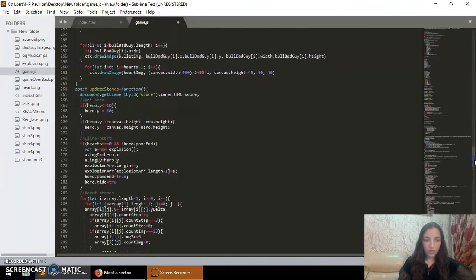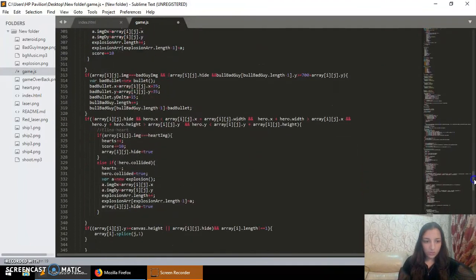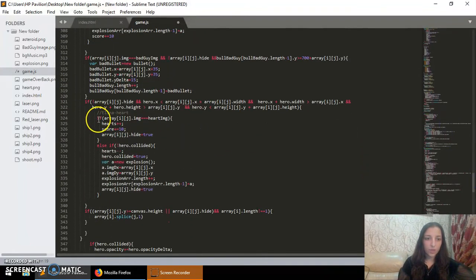Now let's look in more detail at the hearts code. Here we have a condition that if the number of hearts is equal to 0 and the game has not yet ended, that means that in case we have 0 hearts, we are going to lose the game and we are going to see an explosion on the screen. And after the explosion, game end is going to become true and our hero, our spaceship, is going to be hidden. And also here we have something about collision detection, which means that in case our hero collides with